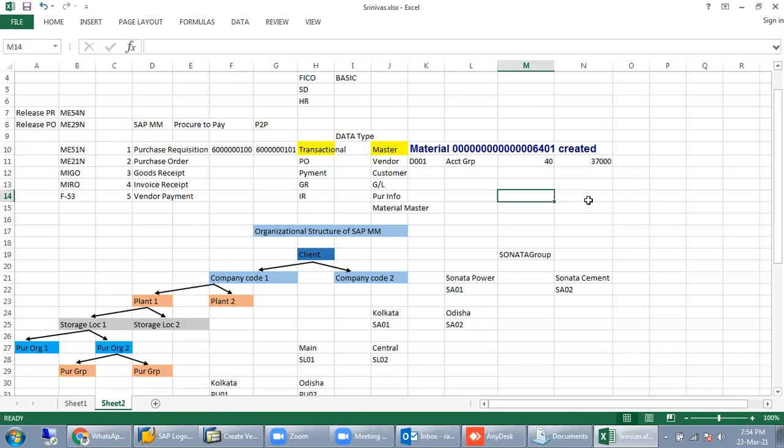Raj, I have a question. Yeah, tell me. Is the purchase requisition only for material, or for a particular vendor? No, in a purchase requisition, we do not require a vendor. A purchase requisition is just a requirement.